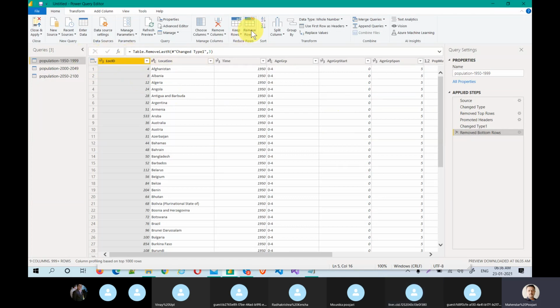Now let's perform the duplicate rows operation, remove duplicates, and then we'll observe how many records will be deleted. Because it's heavy data, it could take time.